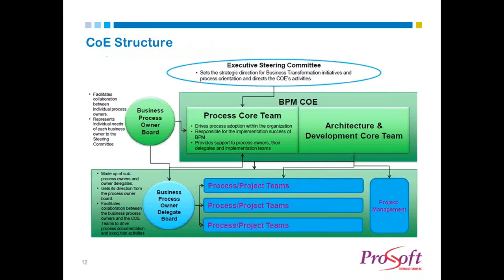So moving on, the CoE structure, again, there are really two core segments to the CoE. There's the process team, and the architecture and development team. Again, focusing on the two core disciplines, which are process discovery and process development. There is an executive steering committee. That's where the goals come down